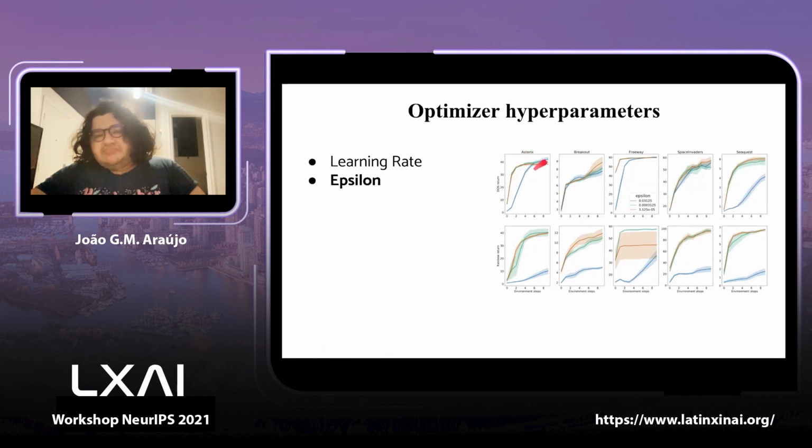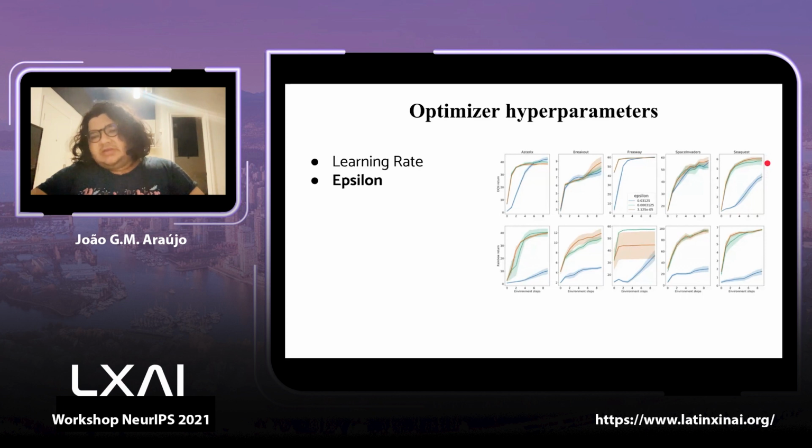And what this is that final performance is equal. Here we finally see some difference. So for a high value of epsilon in Seaquest, we see that the performance does degrade, but it's still somewhat of a small degradation compared to what we see in Rainbow. For Rainbow, the large value of epsilon has awful performance in all of the 5 games. Like having a high value of epsilon completely destroys Rainbow's ability to learn.